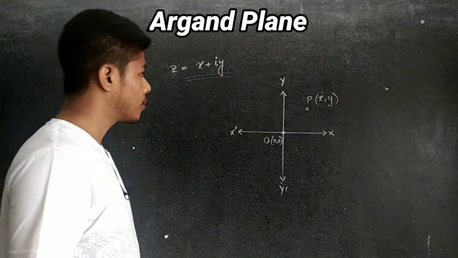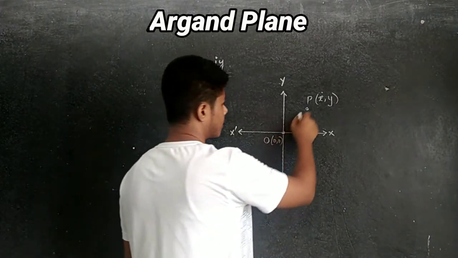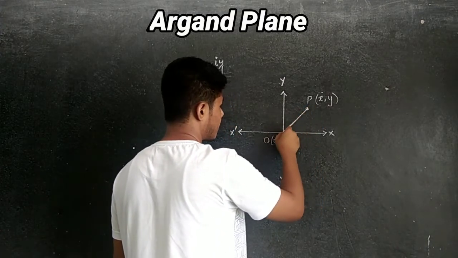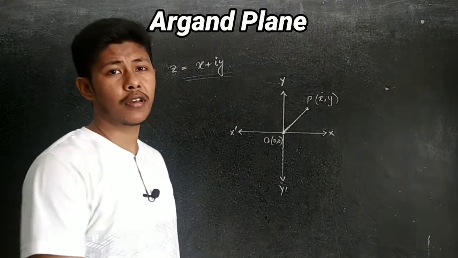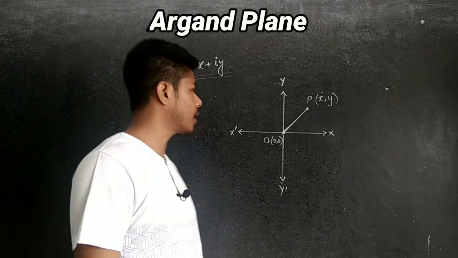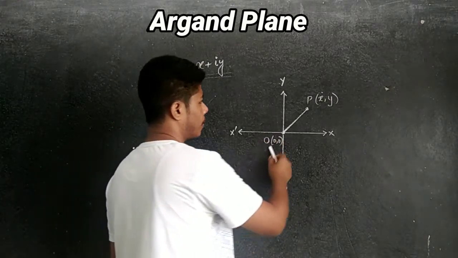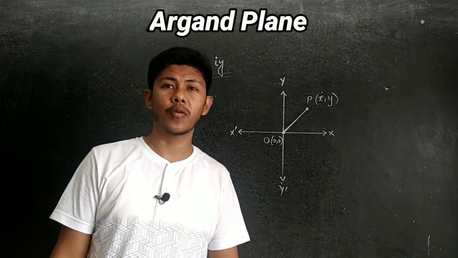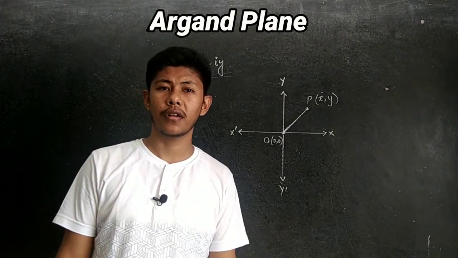Is it clear? So if anyone asks you what is the distance OP, how can we find out the distance OP? This is mainly what we have to discuss here. In general, when we get this type of coordinates, in class 10 we know we have to apply the distance formula. Is it not? With the help of the distance formula we find this.